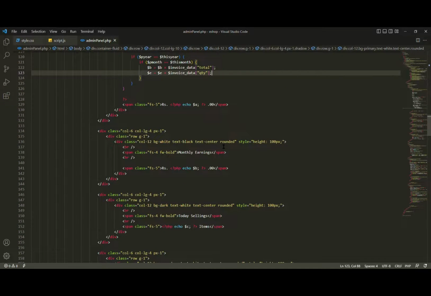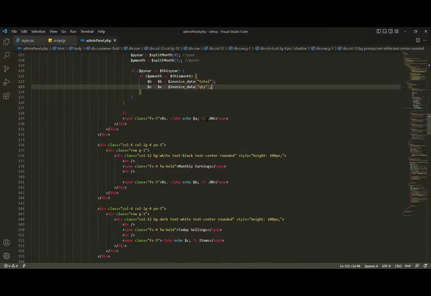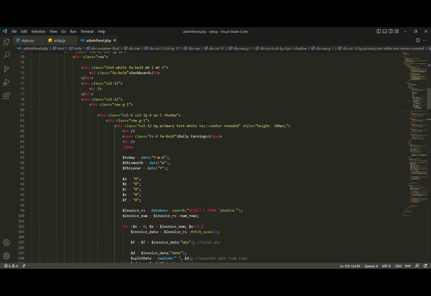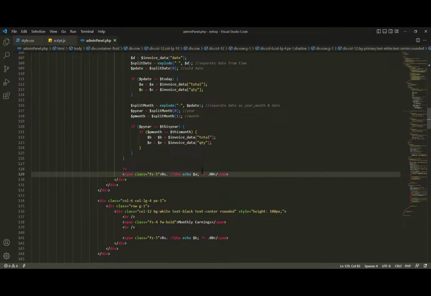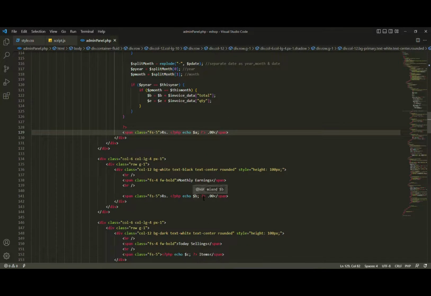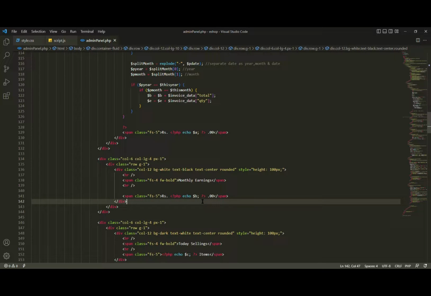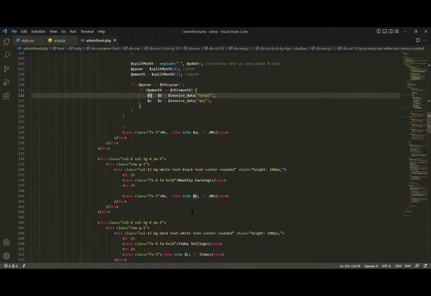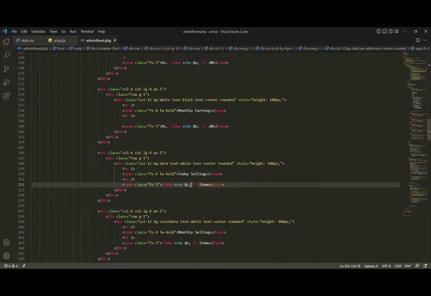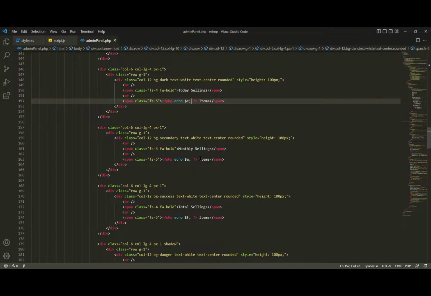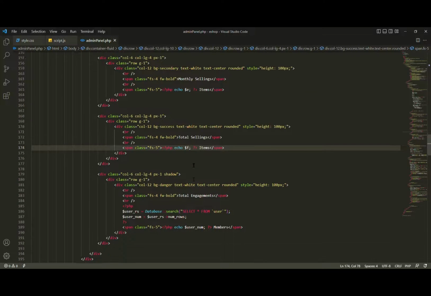So moving down, for a, so basically these are daily earnings, so a is echoed here, and as I have mentioned before, the monthly earnings here, so b is echoed here. Our today's settings, c is echoed here. In our monthly settings, e is mentioned here again. Our total settings, f,